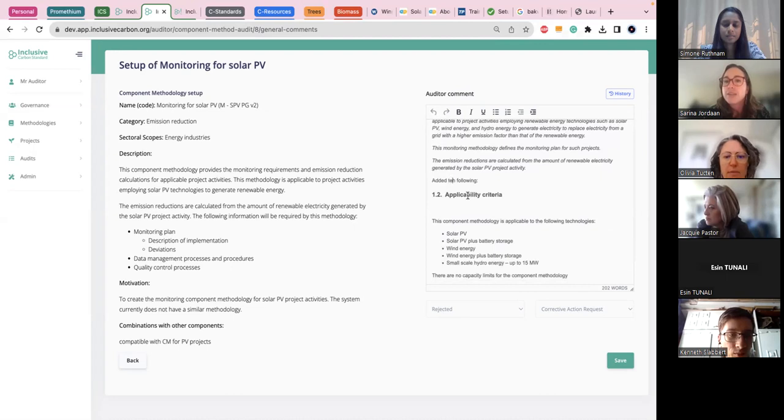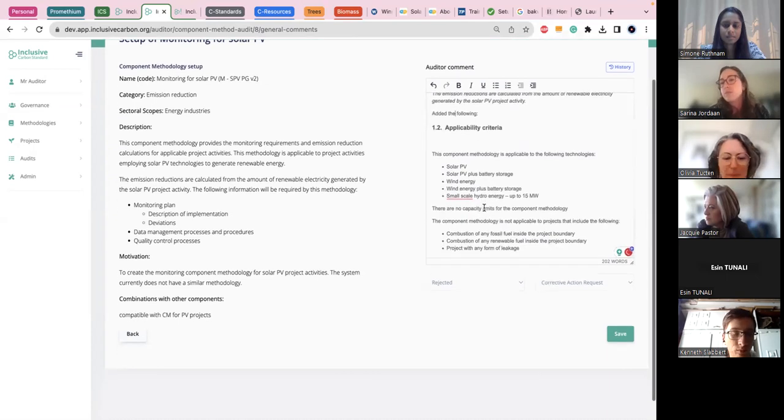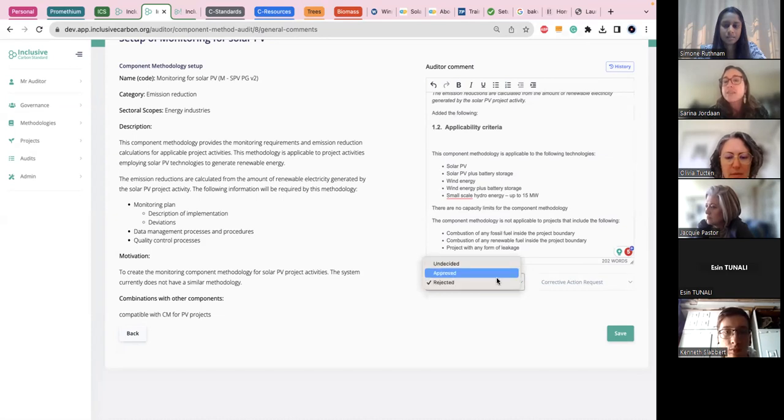Added the following. There's a little spelling error. Let's correct that while we are here. So this is really for the auditor to leave their comments. And then underneath the comment blocks here on the bottom right-hand corner, you can either click approved or rejected if